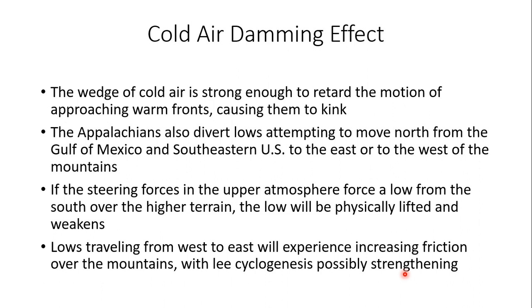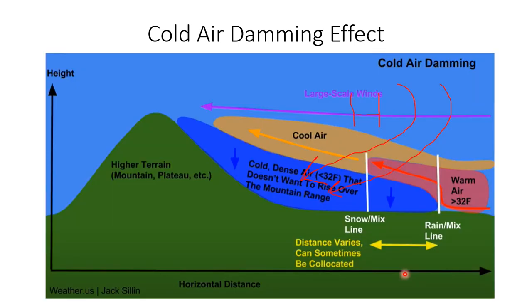We get a low-level northeasterly wind flow, a maritime polar air mass banking up against continental polar and maritime polar air masses, kind of banking up against the eastern side of the Appalachian Mountains. Here is a diagram explaining the effect. Sometimes you get a situation where warmer air is going to ride up and over the colder, denser air